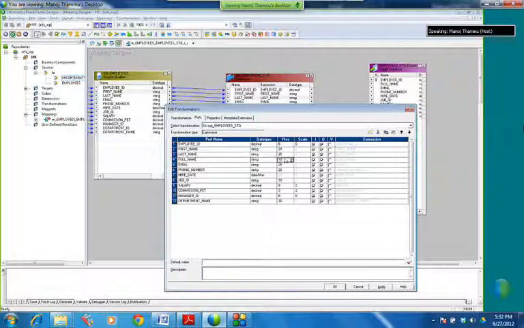What is the full name? String of 45, right? So I'll uncheck this input port, because full name is only an output port. It is not coming from input, right? So I unchecked the input port. See, when I uncheck this input port, then only this particular expression logic is highlighted. Did you notice? When I uncheck the input port, or only the output port is selected, or the variable port is selected, it will get highlighted.